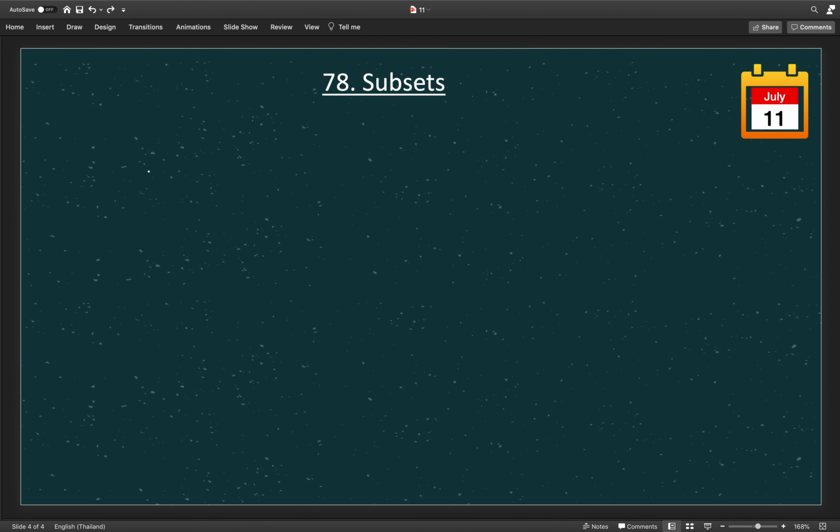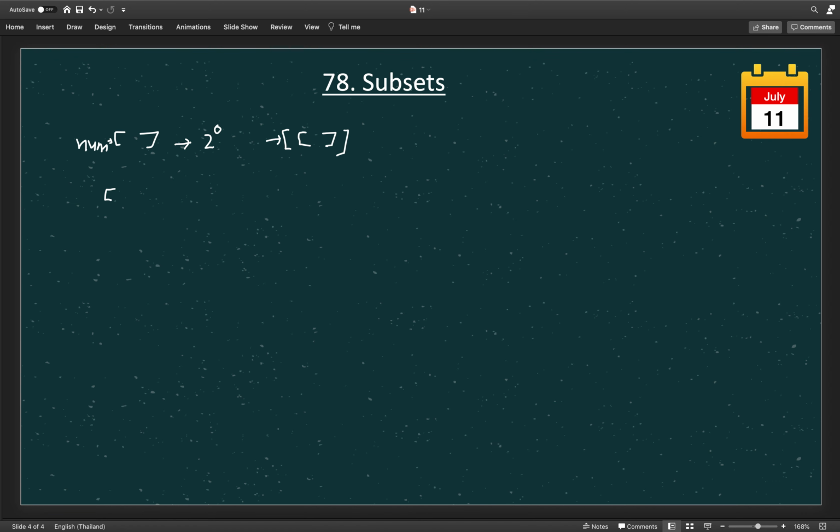So let's understand this problem. Let's say we have nothing in our nums list. So this is our nums. If nums doesn't have anything, then how many subsets can we form? That is 2 to the power 0, and there is no element here, so we can only form the empty subset. So this is our empty subset.